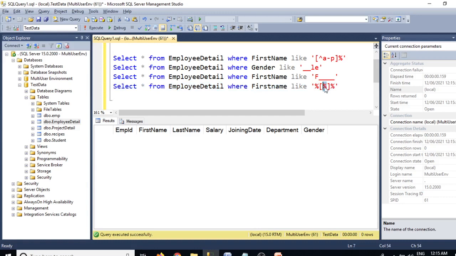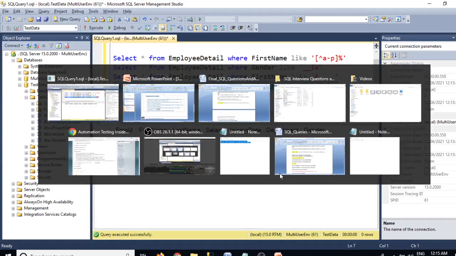Inside that we put the percent symbol, and before and after it, because the name may start with this symbol, or it may have some other characters in the beginning or at the end. So we can write the query like this.